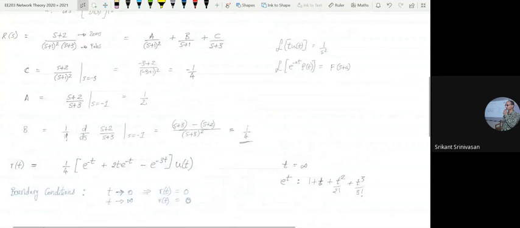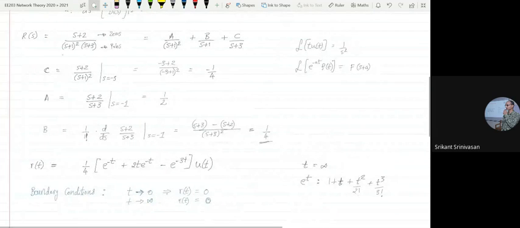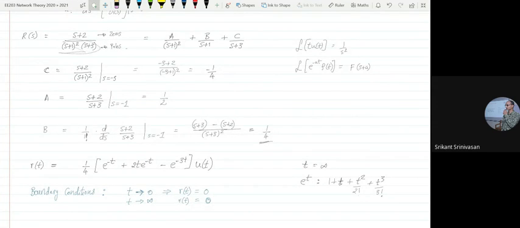If I'm given a transfer function, then what is the initial value of it? What is the final value of it? Where are the poles? And therefore, I also know what is the shape of the response. I know the response is going to have exponential of minus t over here. And due to this, it will have another exponential of minus t term. And then due to the square, I will have a t times exponential of minus t. So just by observation, without doing any mathematical solution, you can find this out.